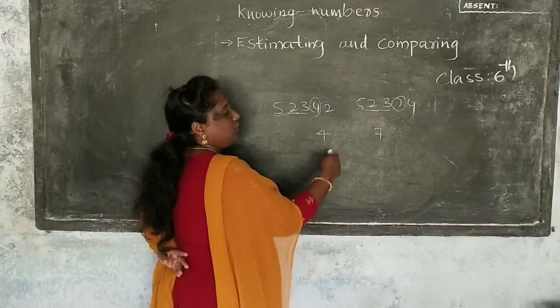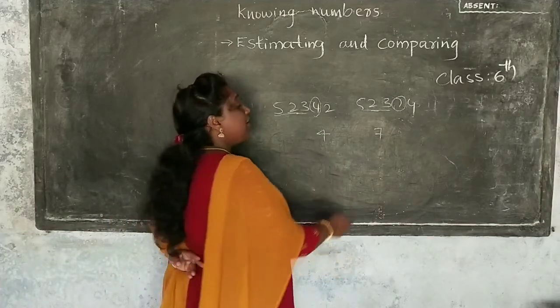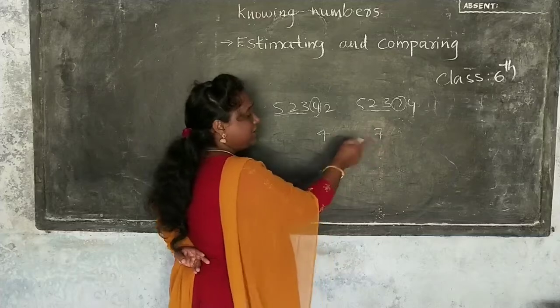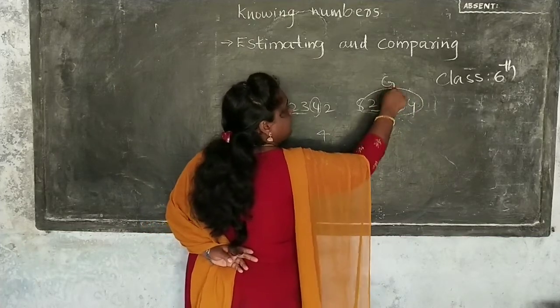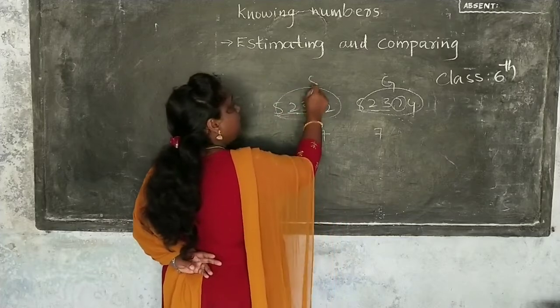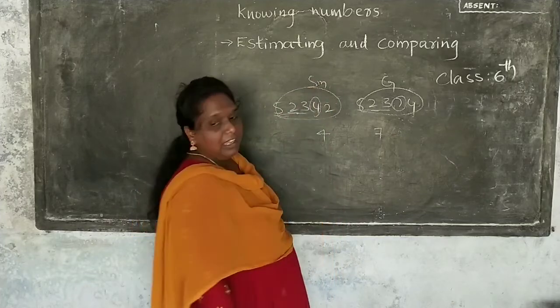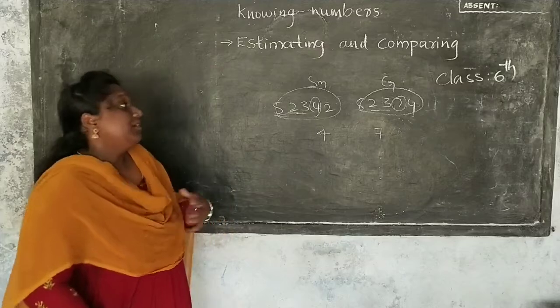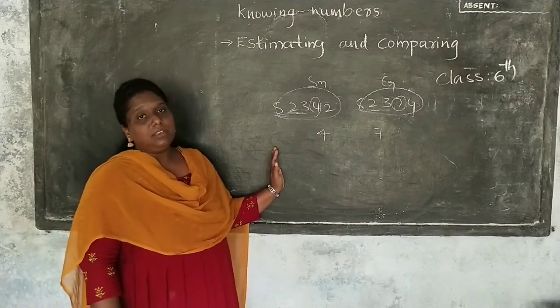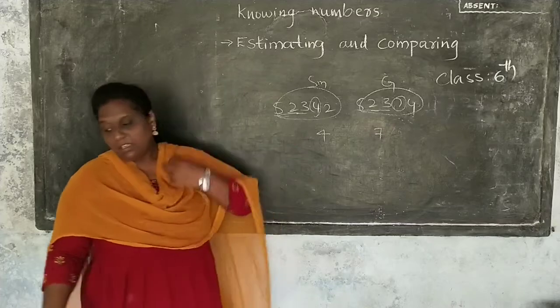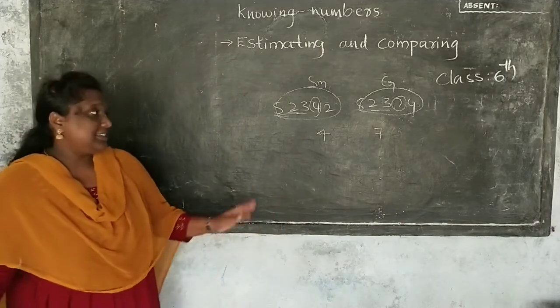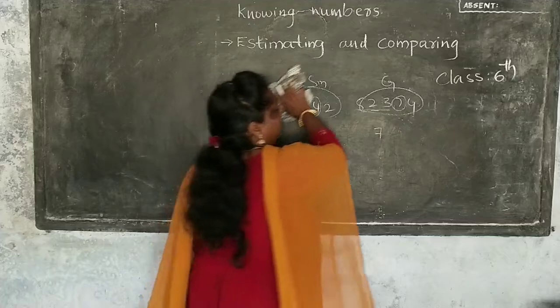Children, among these two, which is the greatest number? 7 is the greatest number and the smaller is 4. So this number will be the greatest number and this number will be the smallest number. Okay? Now what you have learned? Comparison of numbers by comparing and estimating, which is greatest and which is smallest. Children, understand the concept. Today's homework is